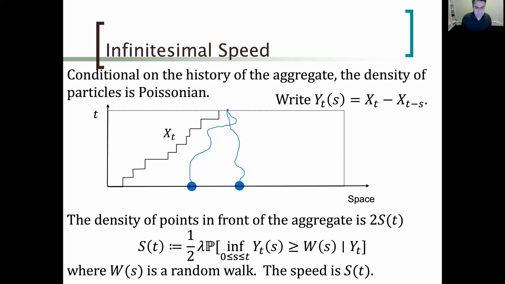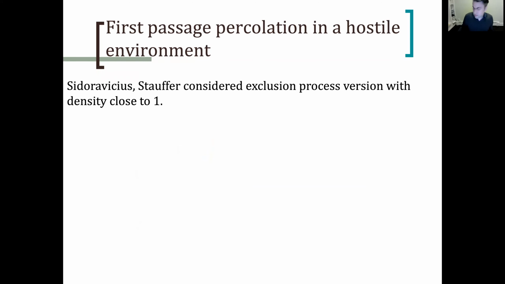And we were able to study that and work out what the right stochastic differential equation is that it converged to. Okay, but the key idea here was that we don't want to study all the moving particles. We just want to say that given the aggregate up to some point in time and conditioning on that, the number is Poisson in some way that we can calculate or bound. Okay, so the other proof, and this is by Sidoravicius and Stauffer, looked